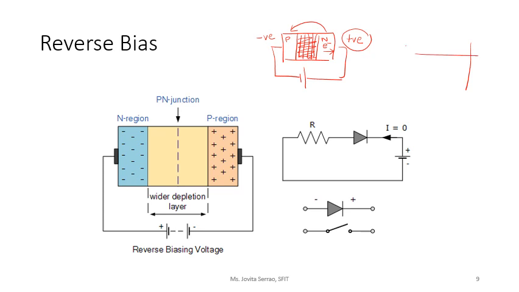Okay, so I have increased the voltage. This is my current. Now the reason I'm drawing this in the third quadrant is, if I consider the voltage to be positive for a forward bias, then voltage will be negative for reverse bias. If voltage is negative, current will also be negative. Therefore, I have shifted from the first quadrant to the third quadrant. I am continuously increasing voltage. I am not getting any current.